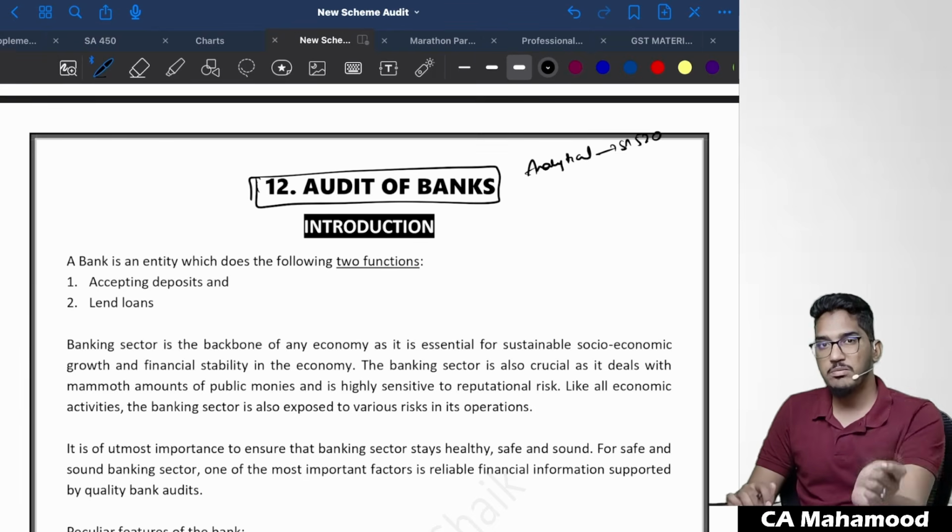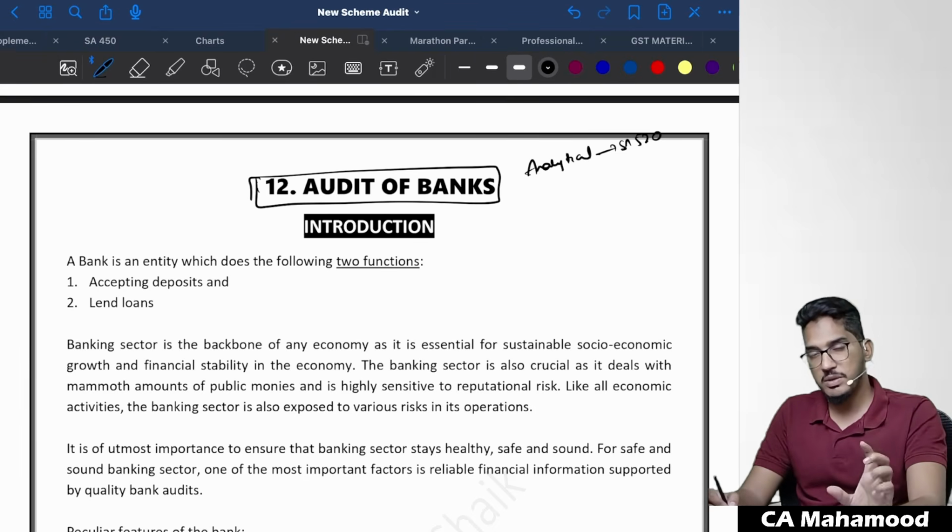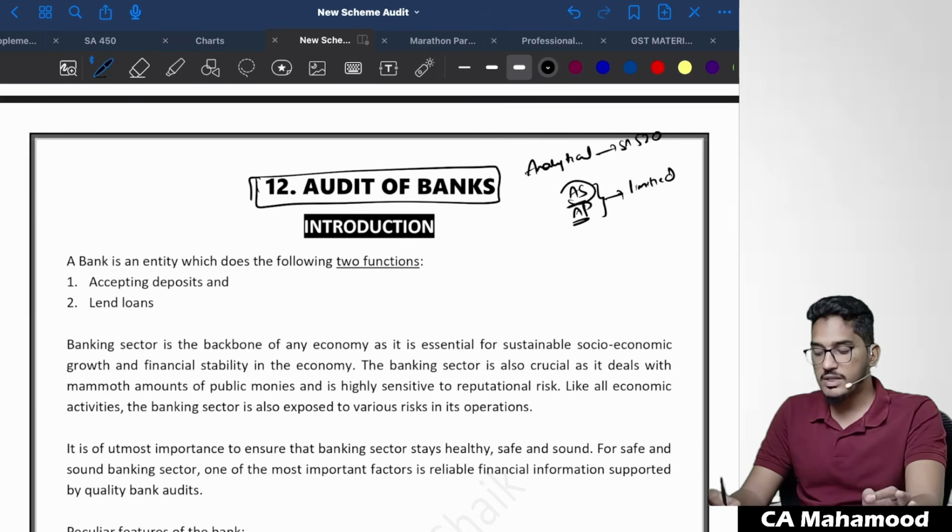But when I compare with the previous two chapters which we have revised, audit sampling and then analytical procedures, the content of these chapters is actually very small, very limited. So comparatively, audit sampling contains a limited number of questions and concepts, which we have revised in no time. Similarly, analytical procedures, the chapter which we have completed just now, is also a very small concept, with a limited number of questions. We are also done with that revision.